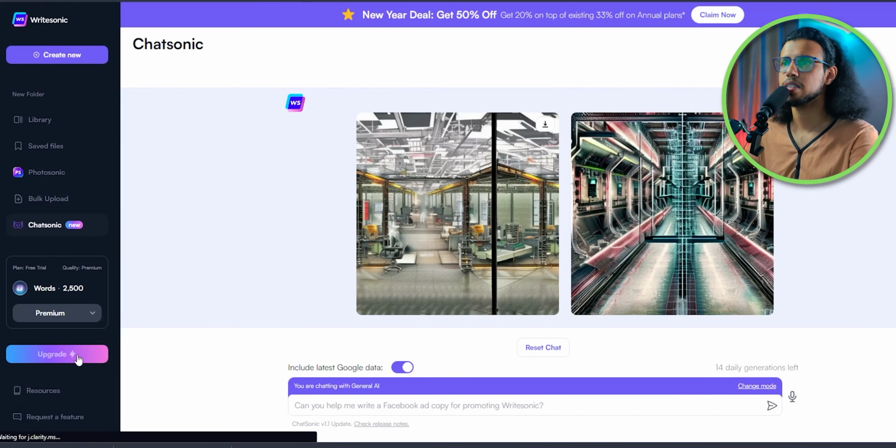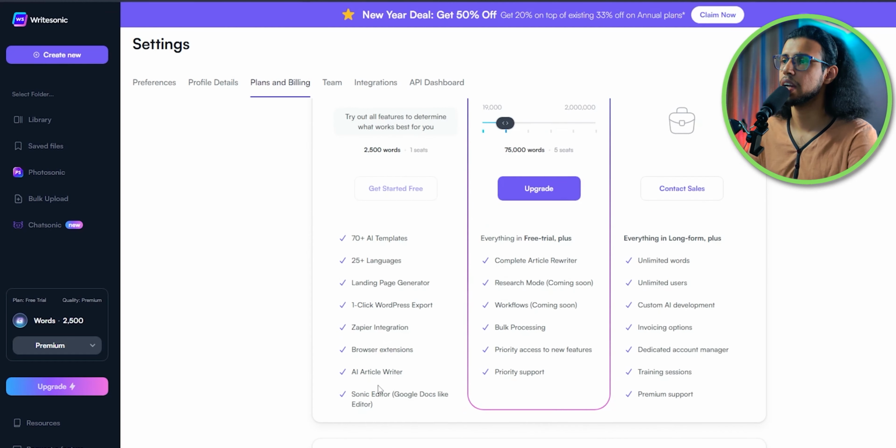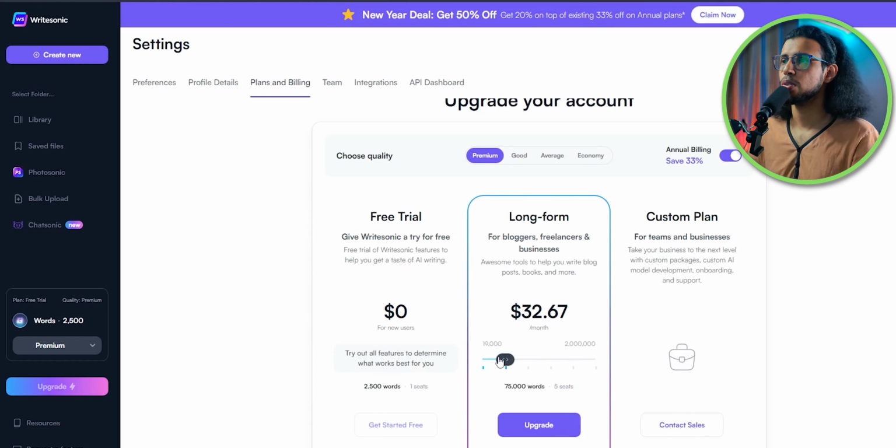Coming to pricing, let's see what the pricing is like. Okay, there's a free trial which anyone can use to get an understanding of this thing. Oh, and there's a long form option with flexible pricing. That's interesting. So depending on the quality of output you need, the number of words increases. Yeah, it makes sense. I guess premium quality stuff requires more computational power, so the number of words reduces for